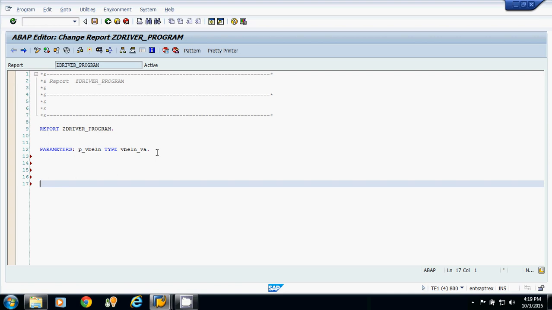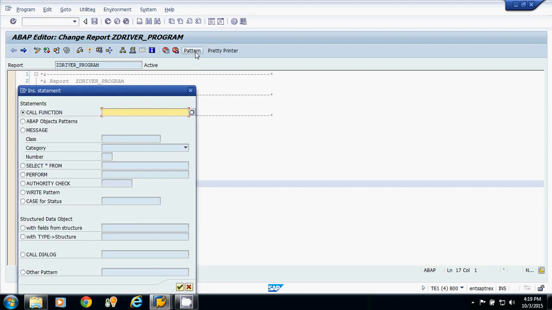So our first target is to get the function module associated with that smart form. So how to get that? For getting that, we have one reusable component, or one function module in SAP, whose name is SSF function module name.